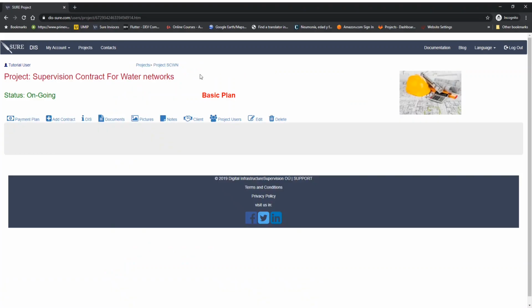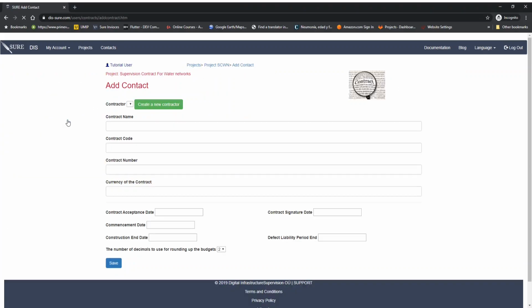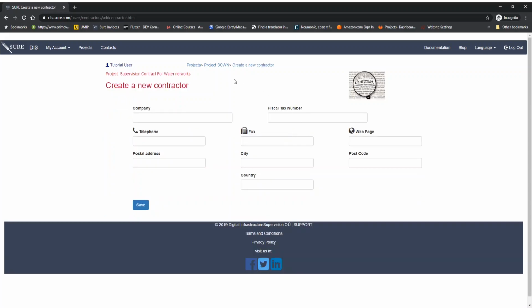To add a contract, just go and click on the Add Contract sign in the project. The first thing that we are asked to fill up is the contractor. The contractor is the construction company. In this case, it is a new contract and it is a new project. We have no contractors defined, so we have to create one. Just click on the green button to create a contractor,